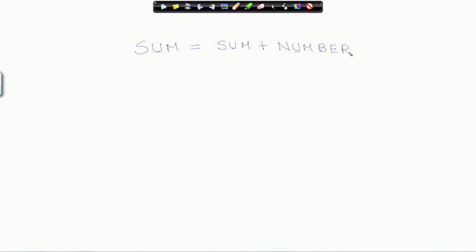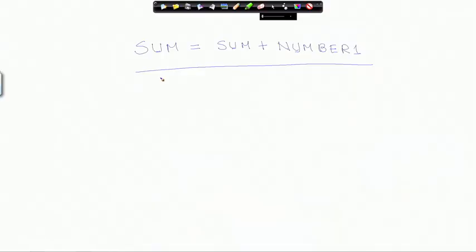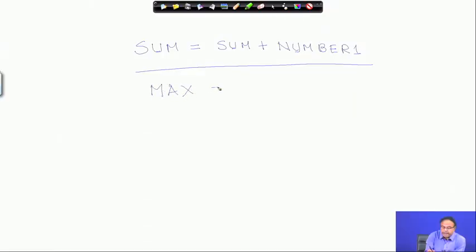Yesterday we encountered such statements. Also say for example, max assigned number 2, max assigned number.